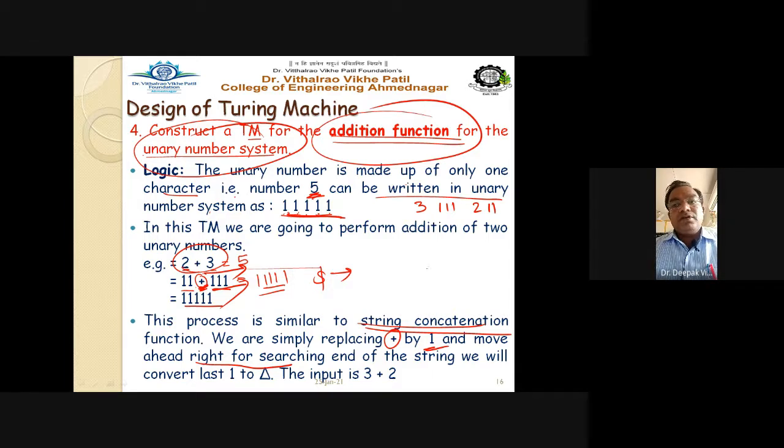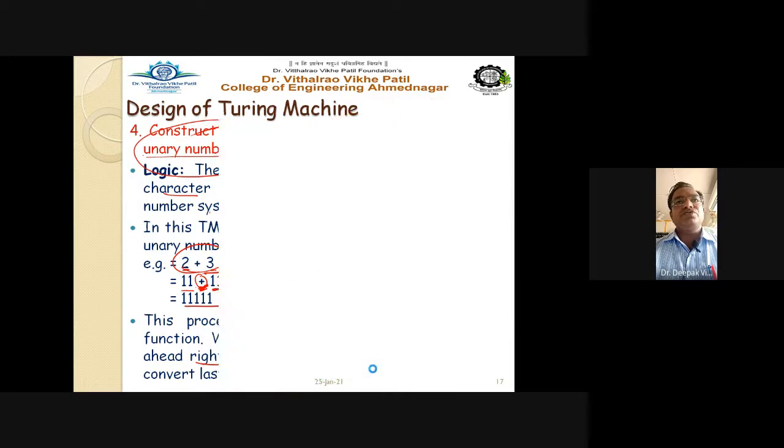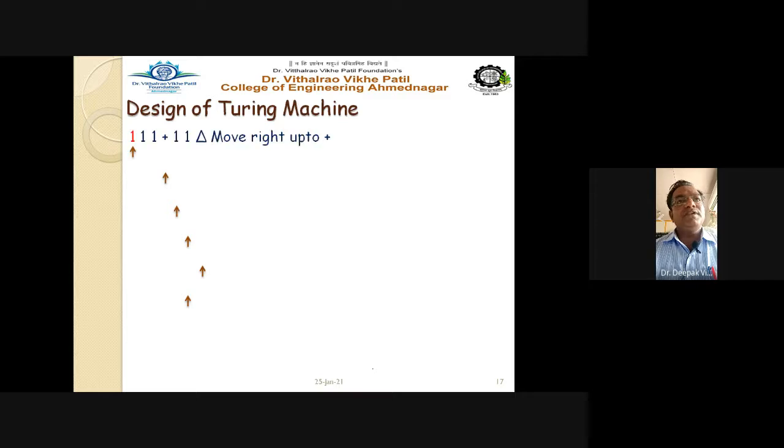So we will convert the last one into capital delta. The input is 3 plus 2, so let us assume the input string is 3 plus 2. What is exactly the processing? Let us focus on your slides. Number 3 is represented as 111 plus 11 capital delta. Move right up to the plus sign, very similar to moving right up to the dollar sign.